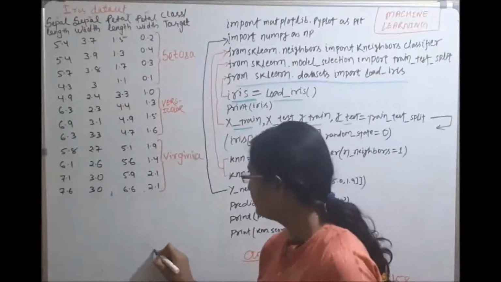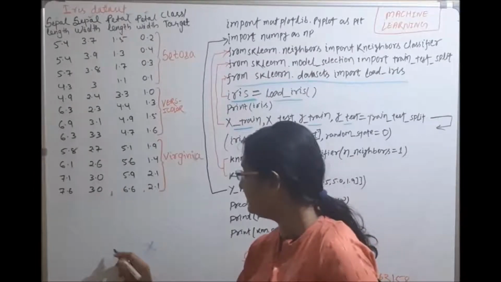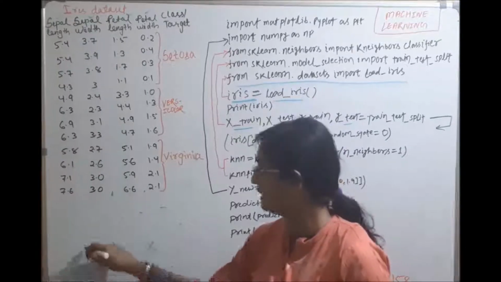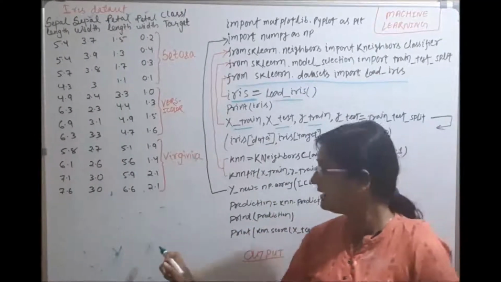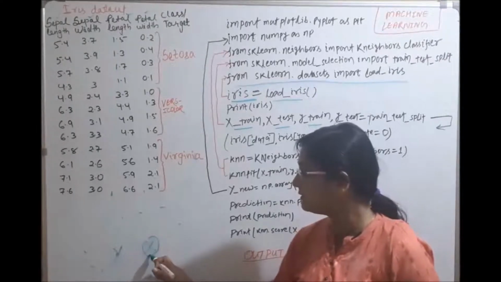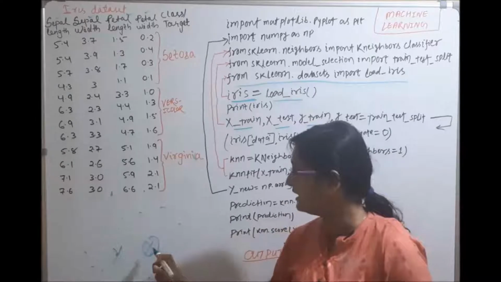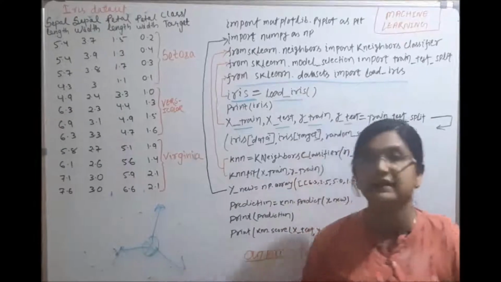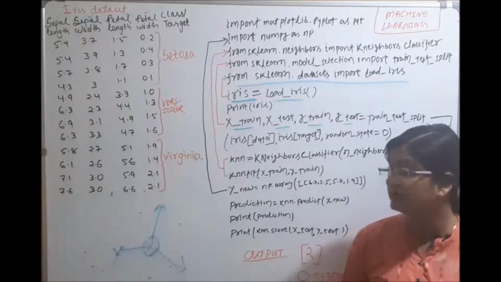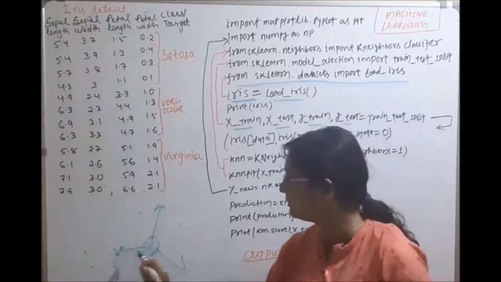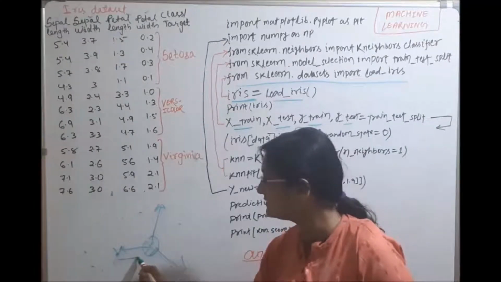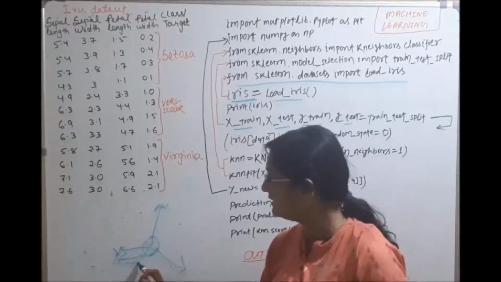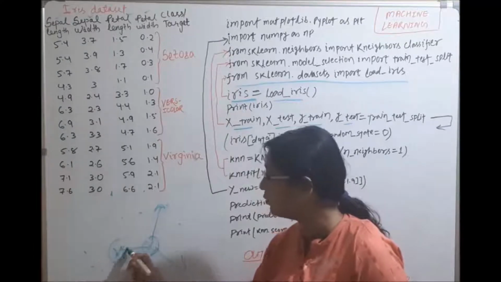This X is an iris flower, and this is another iris flower, and these dots are also iris flowers. What the KNN algorithm will do is calculate the distance from this iris flower to all other iris flowers. Here I am calculating this distance, here, and here. It will calculate the distances and select the nearest one. Suppose the distance between flower X and Y is the smallest, nearer than the other iris flowers. So it will consider this Y iris flower.